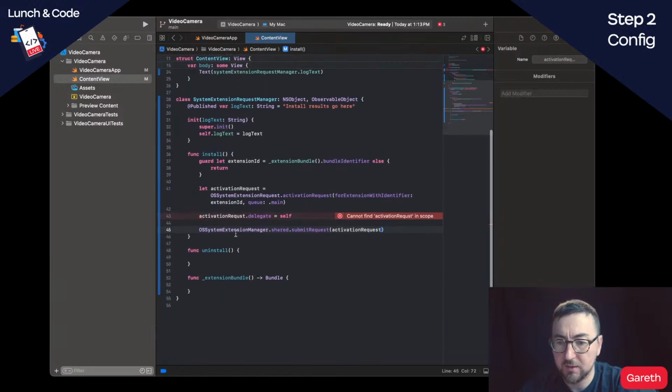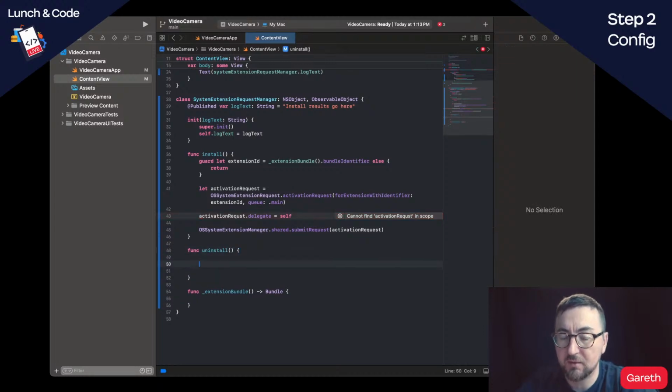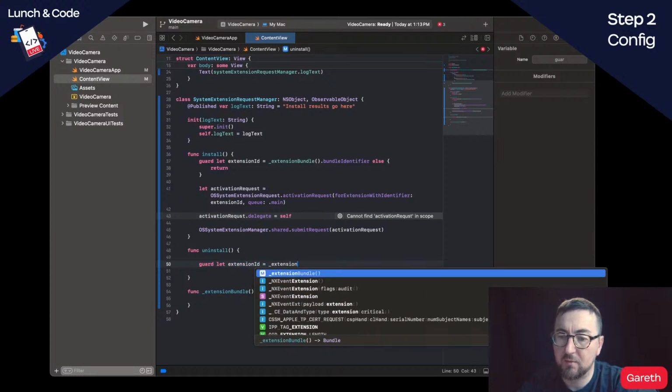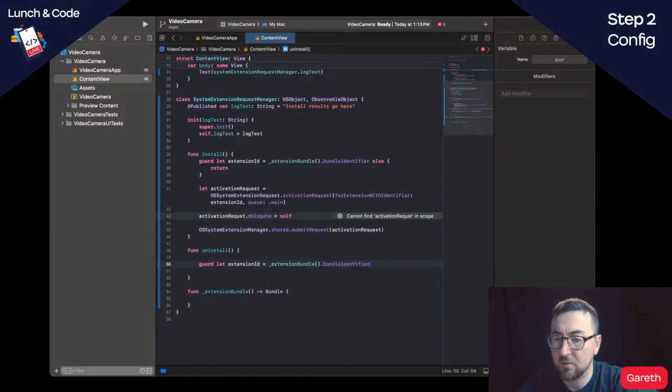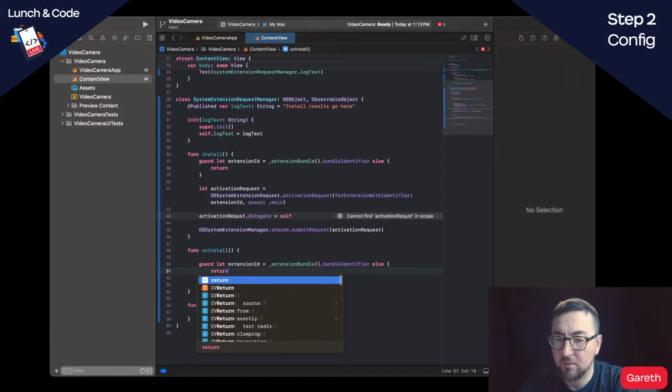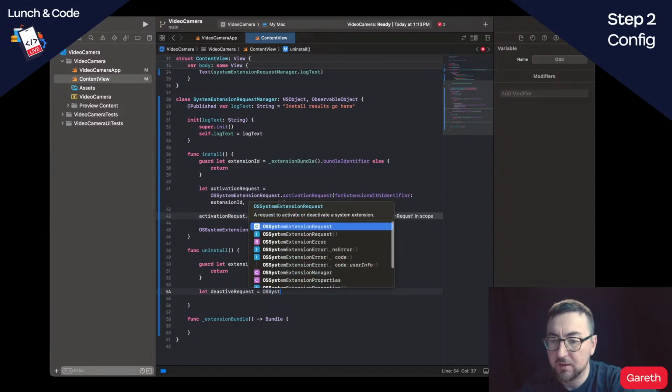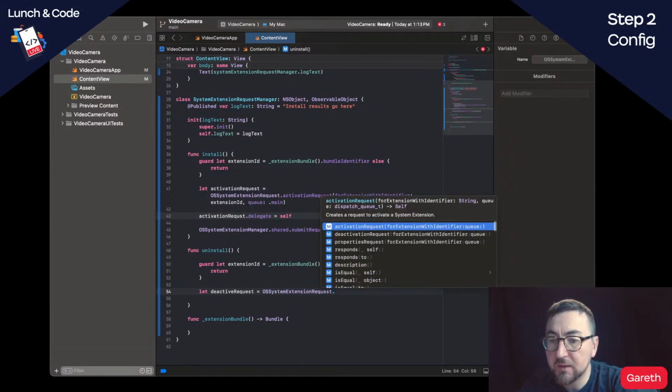Right, so I'm going to do something basically almost similar on the other side. But we are just going to change this. The activate request, OS system extension request